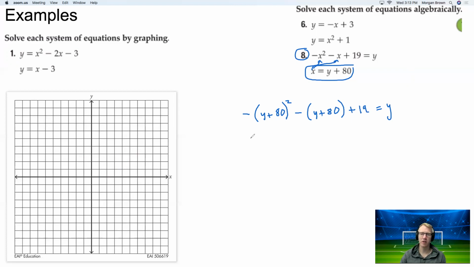So we're going to have to expand this out into y squared plus 160y plus 6,400. That's all coming from here. And there's a negative in front of the entire thing, so we're going to have to distribute that minus sign. And I'm just going to put etc. here